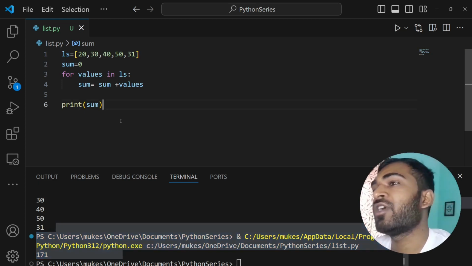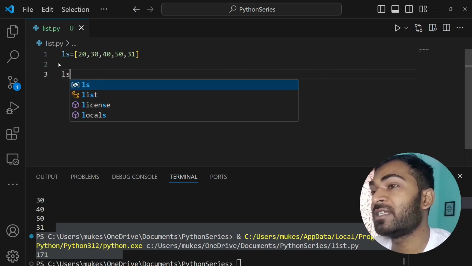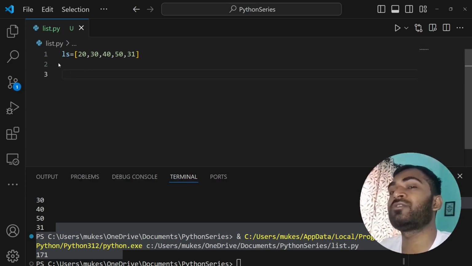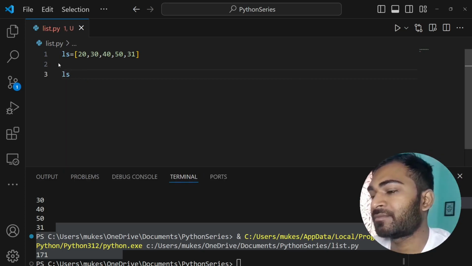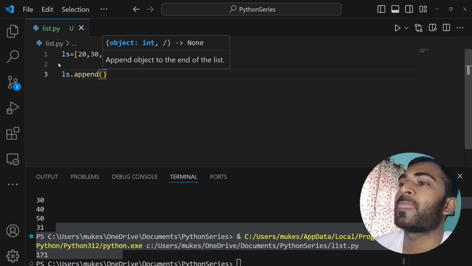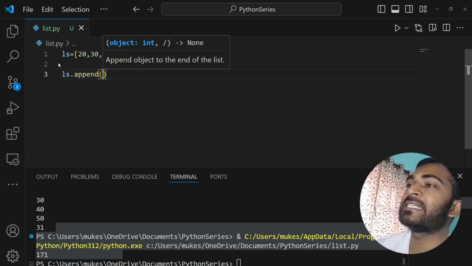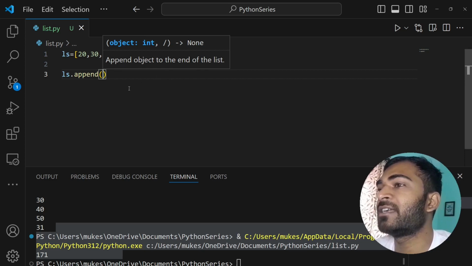Apart from this, you have a lot more functionalities built into it. For example, you have list.append. Let's try to push something into it. You want to add something into the list. Append means attaching at the end of the list.